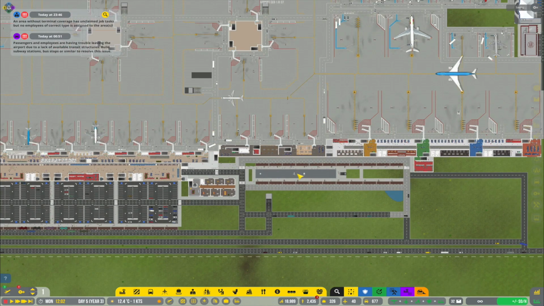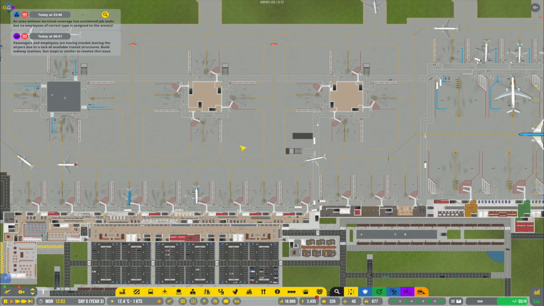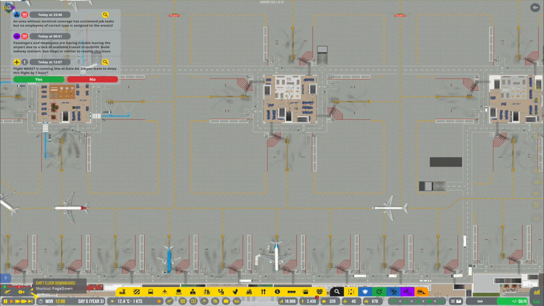Now we of course also have the satellite terminals. The satellite terminals are connected up with Terminal 2. 2 of those are international stands and 1 is Schengen. So let's go over here. Now these are of course connected to Terminal 2 via tunnels. So passengers,